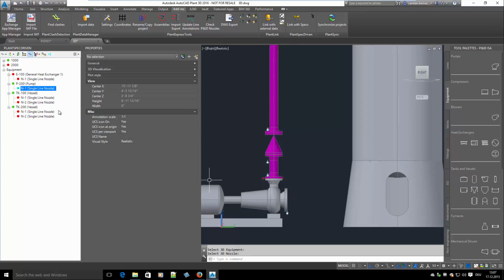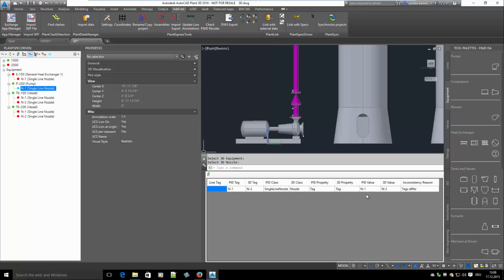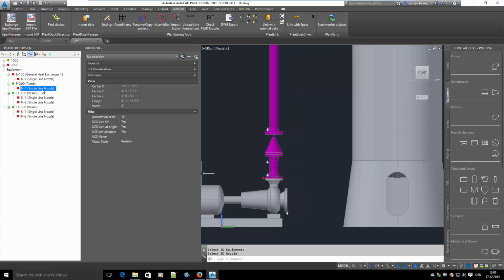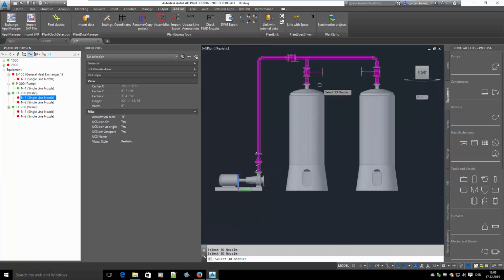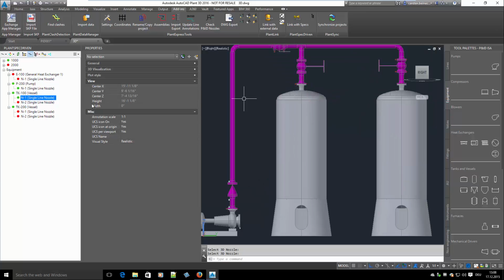It can happen that you accidentally select the wrong nozzle. Then you see an inconsistency. You can check that and you see, okay, it's probably wrong. So what you do is you unlink that. And now you can relink the nozzle to the correct nozzle. So now it's green. Let's continue with the 2 nozzles of our tanks, number 1